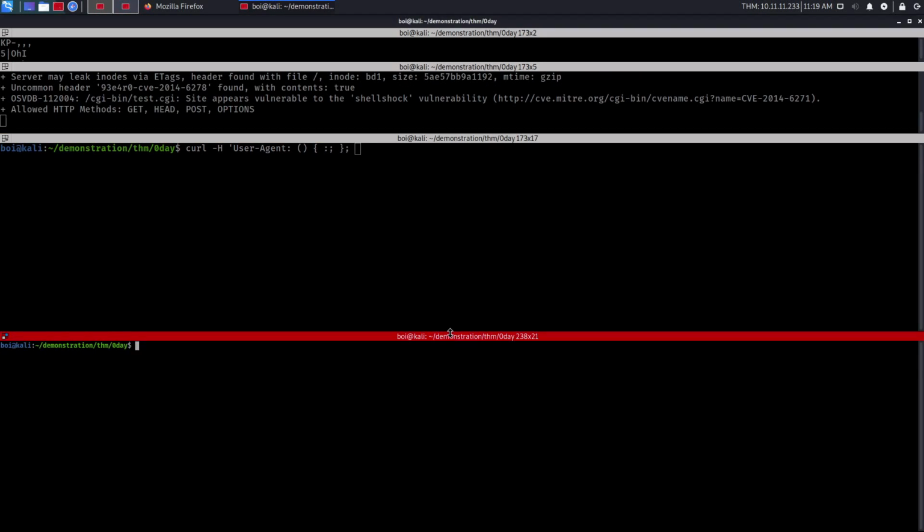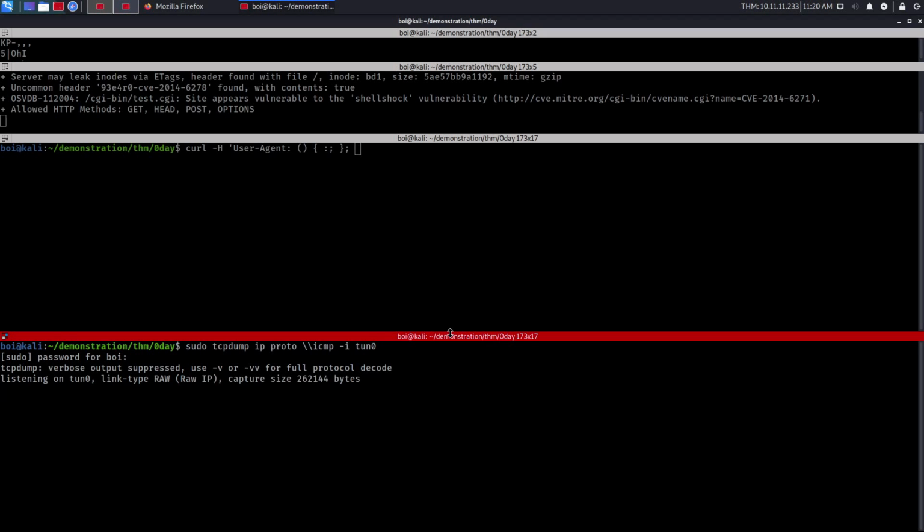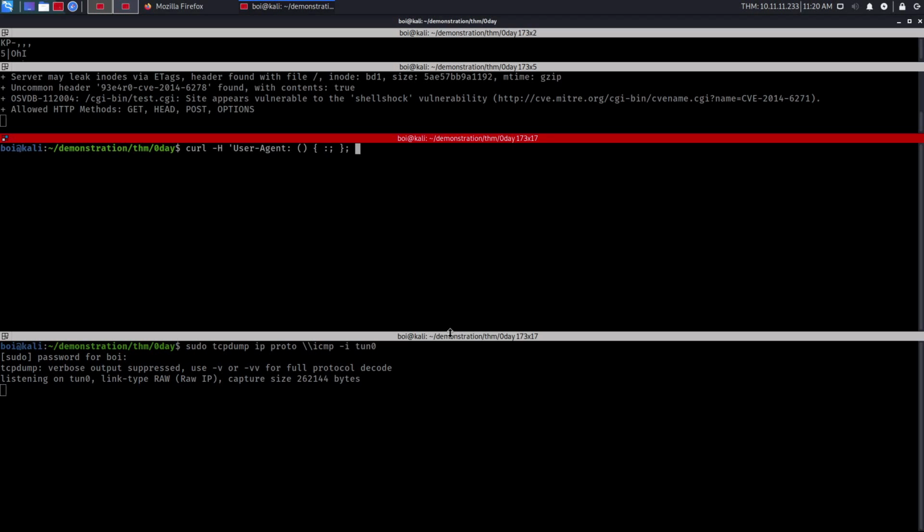So we can just start tcpdump. My bad. sudo tcpdump icmp. Okay. So now I'll just ping myself. -c is for the count, as in the number of packets it will send. And then I'll enter my IP address.